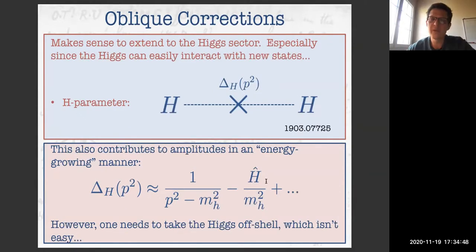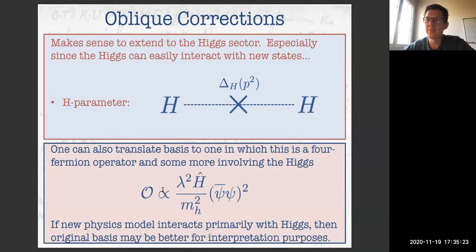So we've been here before, and one of the observations we made in our paper was that we should really, now as we approach the precision Higgs era, hopefully in the future, use the same sort of language and tools to think about the Higgs. And so it's natural to extend these precision electroweak parameters to the Higgs precision parameters. And then there's an analogous parameter to the W and Y parameter, which we call the H parameter, which is essentially the Wilson coefficient of this operator. And it gives the exact same sort of corrections to the Higgs propagator.